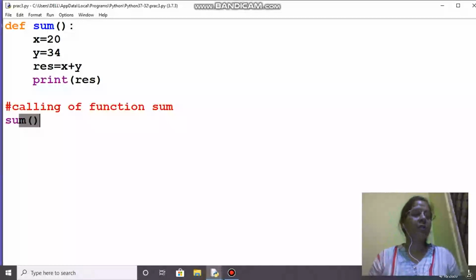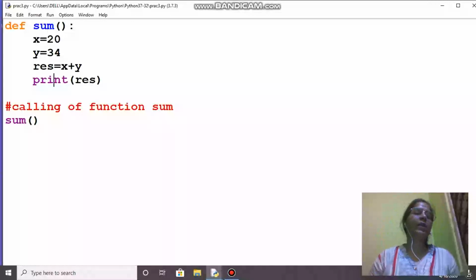So you start executing from this location, and then execution will go to the location where the function is written. The compiler will jump over here, and then x will be assigned 20, y will be assigned 34, res equal to x plus y, and then print result.